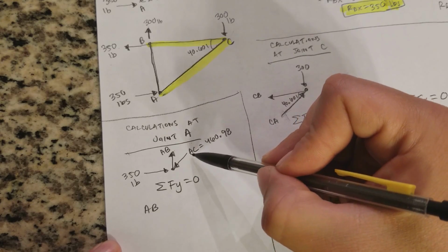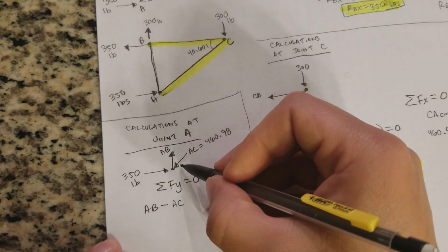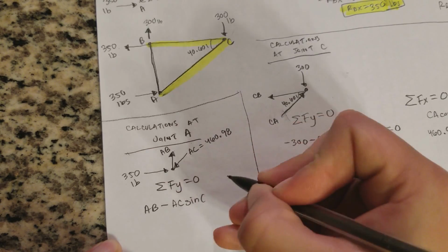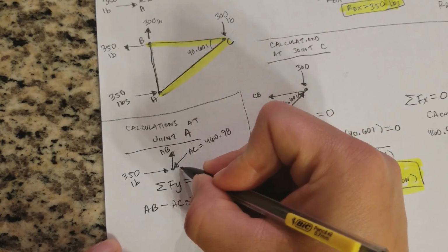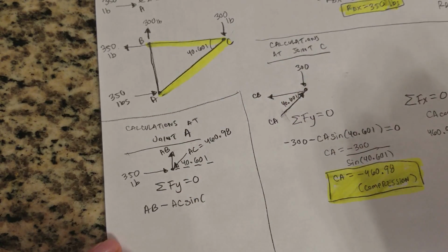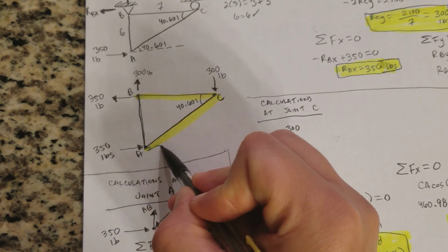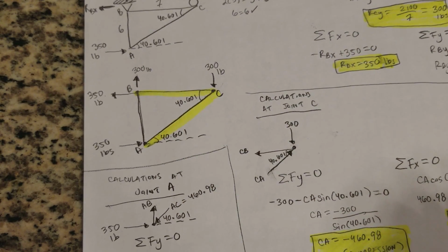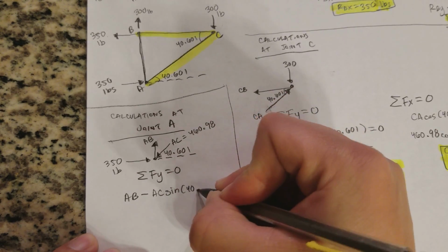And then we're going to subtract AC, so it's going to be minus AC sine of this angle. So minus AC sine of the 40.601, which I did not label anywhere, but it should be here. So this angle right here is 40.601. Again, we get that from the drawing. So we have this angle, which is the same as this angle by alternate interior angle theorem from geometry. So AC sine of 40.601